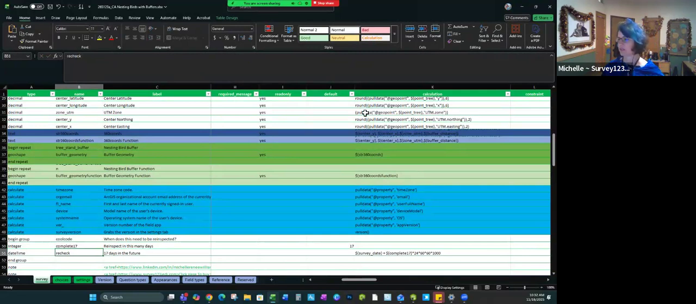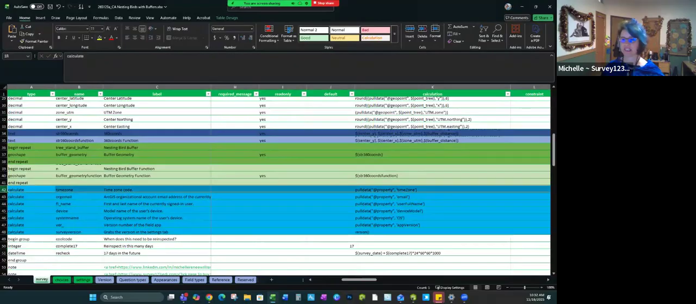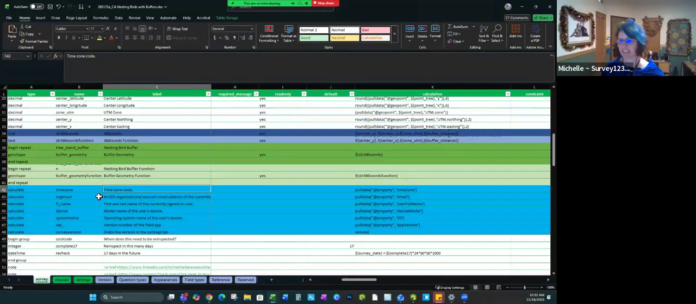And you'll see all this wonderful code. I always add this information here to every single survey. And it's what time zone are they in? What is their organizational email with their account? First and last name of the current signed in user. I also do model name of the user's device because that's great for troubleshooting. The operating system, the version of the field app, because sometimes if you have some trouble, you can look at this